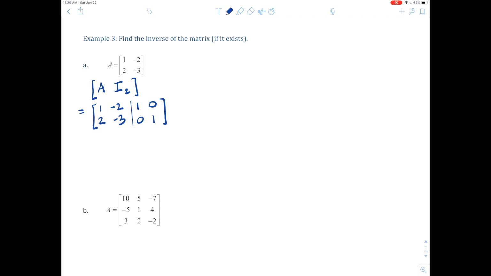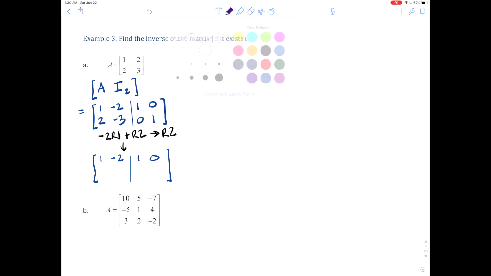So what should we do next? Well, we want to get rid of the 2 in the second row, first column. So to do so, we'll do -2 times row 1 plus row 2 for a new row 2. And then I'm going to rewrite our row 1 so we don't make up our own math. It happens to me often. And then our new row 2 shall be